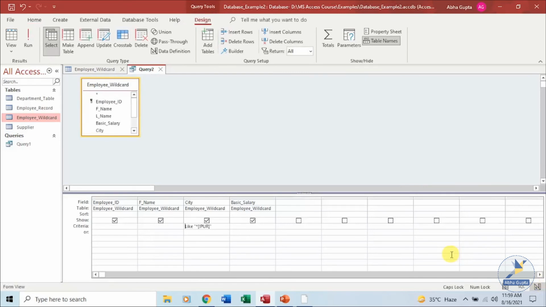The last one which we have is the pound sign. It matches any single numeric character, a single numeric character. So if we, let's remove this criteria from here. Let's take a basic salary this time. If I'm looking for something, a basic salary, all those basic salary which start with 2, and I want to specify a numeric